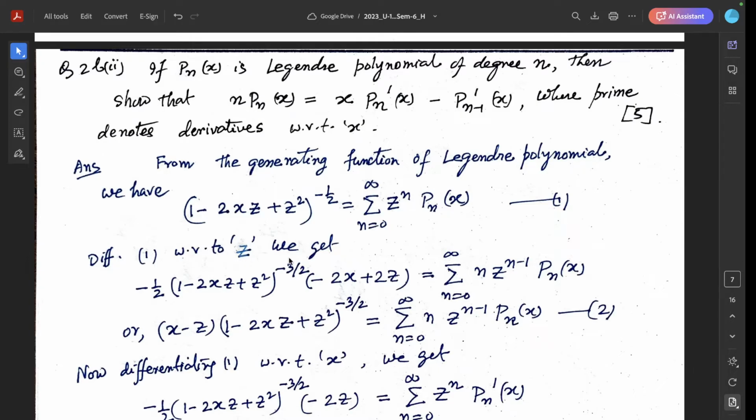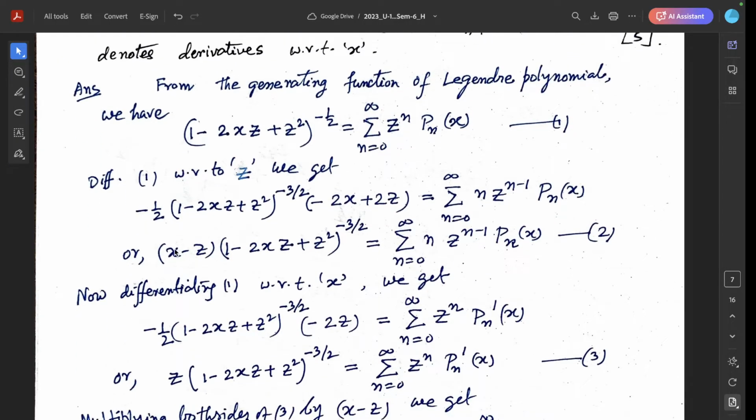Differentiating with respect to z on both sides, we get minus half (1 minus 2xz plus z square) whole to the power minus 3 by 2 into (minus 2x plus 2z) equal to summation n z to the power n minus 1 Pn(x), or (x minus z) into (1 minus 2xz plus z square) whole to the power minus 3 by 2 is equal to summation n equal to 0 to infinity n z to the power n minus 1 Pn(x). This is equation 2. Again, differentiating 1 with respect to x, we get